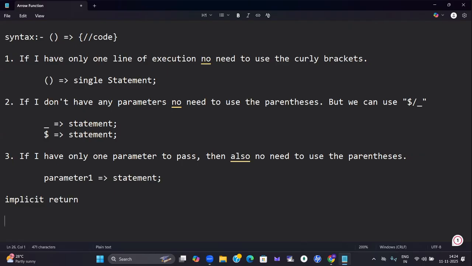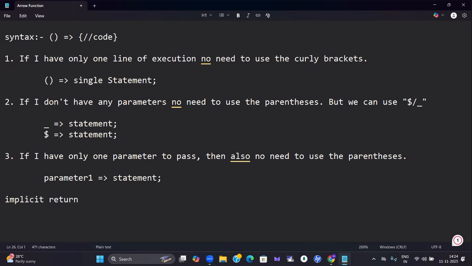If you want to execute only one statement, is it needed to use the curly brackets? If I want to use only one statement for execution, is it needed to create curly brackets? No need, right? So here also, if you have only one line of execution, then no need to use